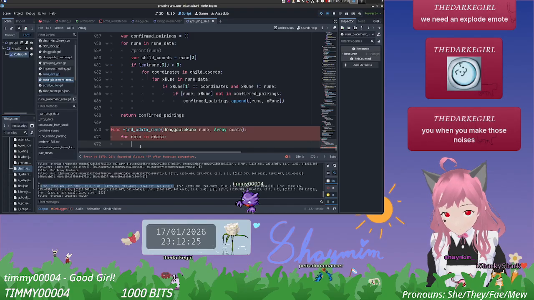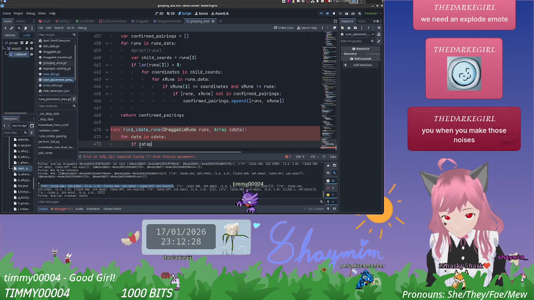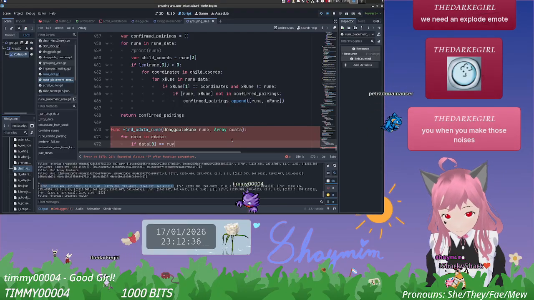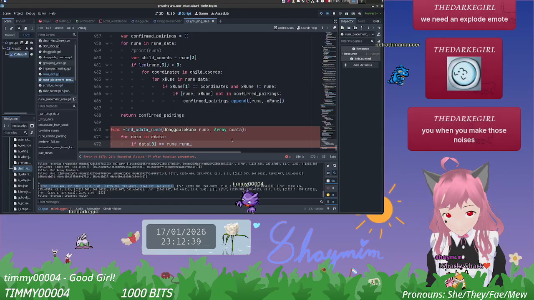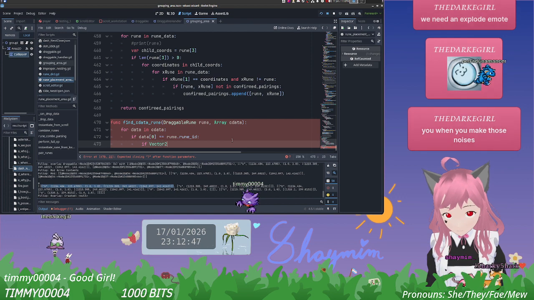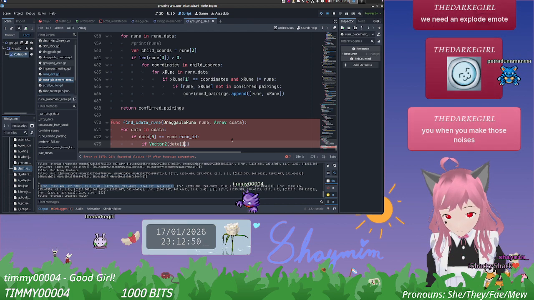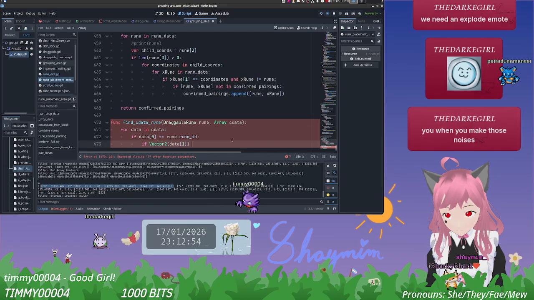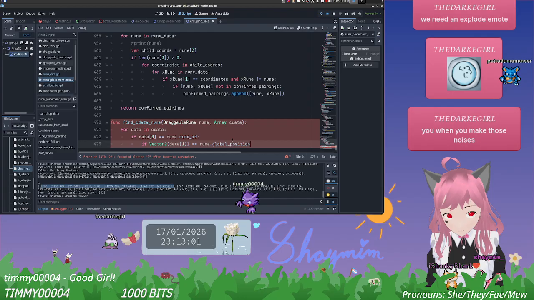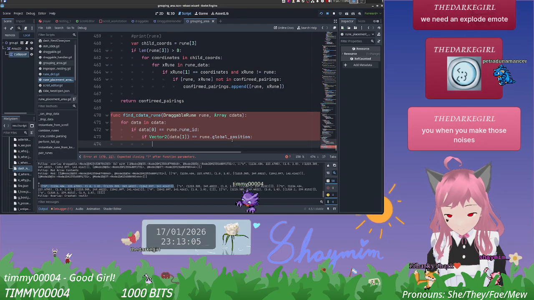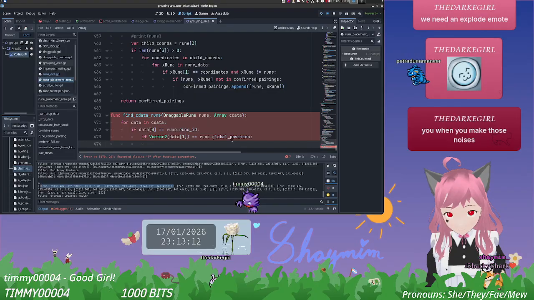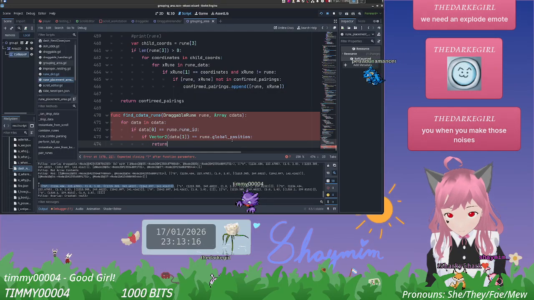So if data 0 equals rune ID, if vector 2 of data 1 is the same as rune global position, which should be the only two things we really need to figure it out. Yeah, we can then return,